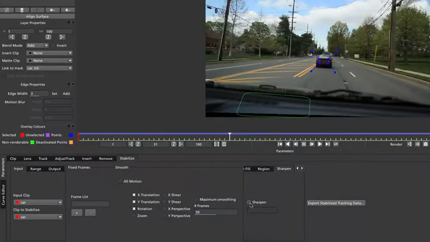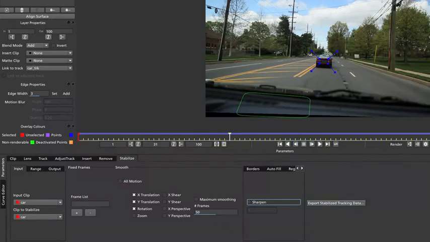The Sharpen will apply a filter on the image and will increase the sharpness of the image and should be used on stabilizations that are working with a lot of motion blur. The motion blur is still on the frame even if the images are stabilized, so the Sharpen can help fix this problem. Basically, these are the parameters of the stabilized module,